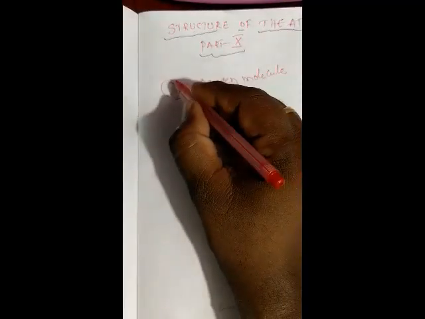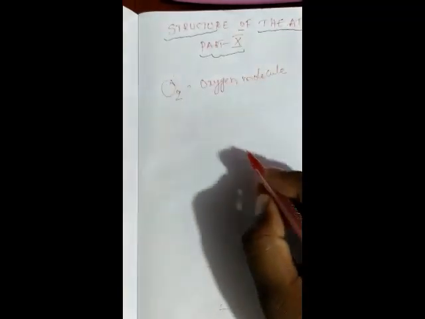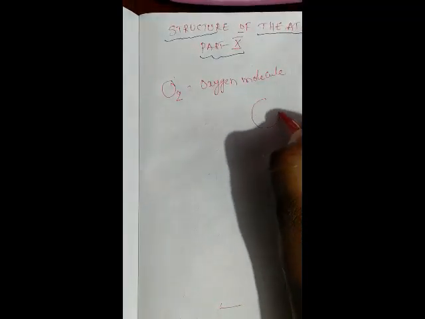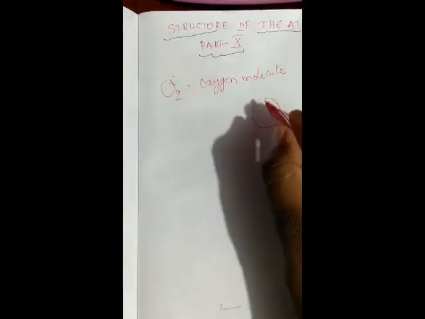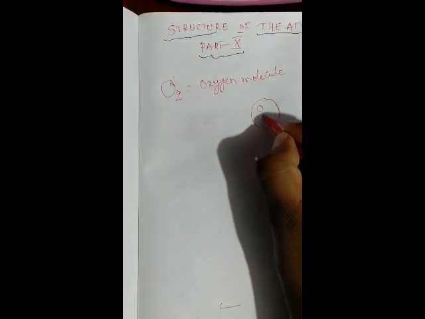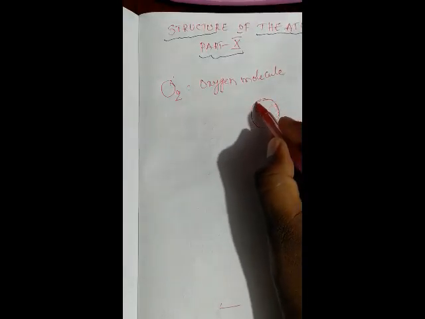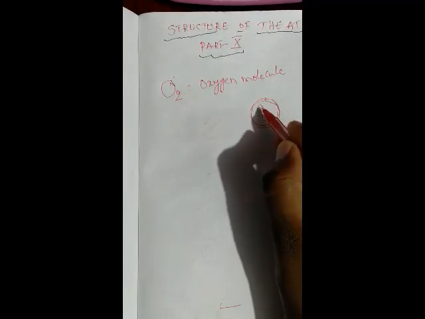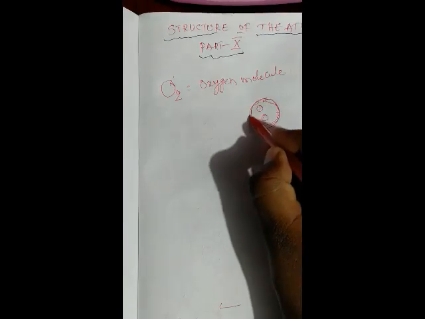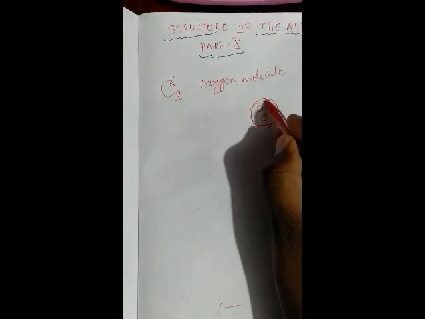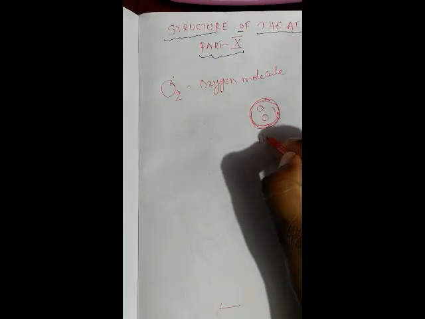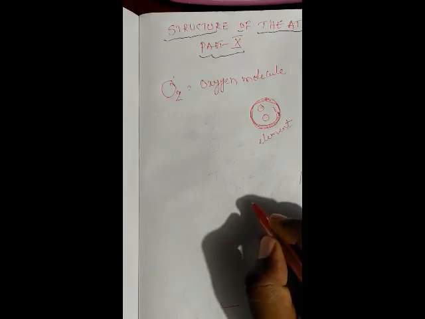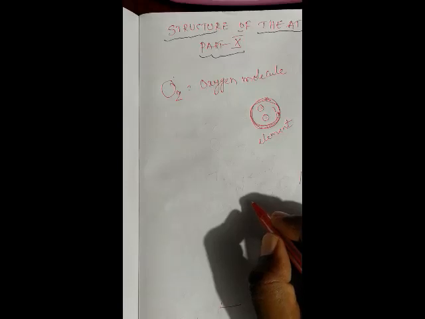Why? Because if you observe this O2 oxygen gas, it completely contains the same atoms. In this O2 molecule, two atoms are present and the two atoms are completely the same. So the molecule which contains the same kind of atom is known as an element. In the previous topics we did not discuss elements, we discussed compounds.